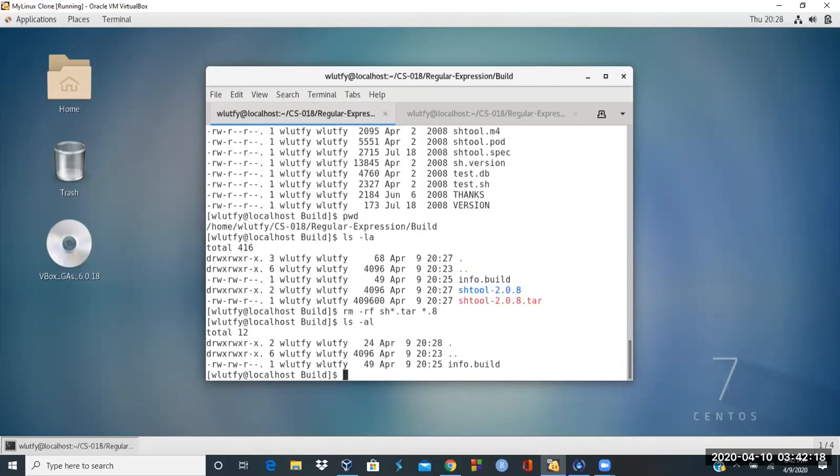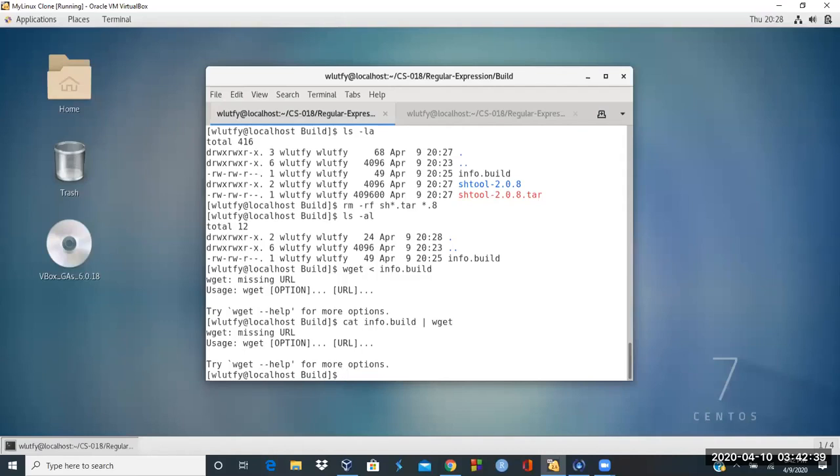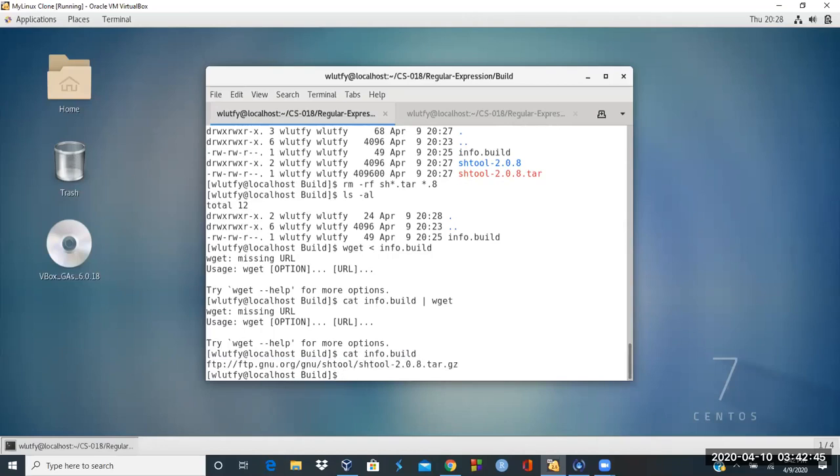So now I have the same thing. I'm going to do wget, and then let's sign info.build. So I don't have to do the option, but because it did not read it, let's do this, cat info.build and then wget. It is still not reading it correctly. So info.build, I need to do,